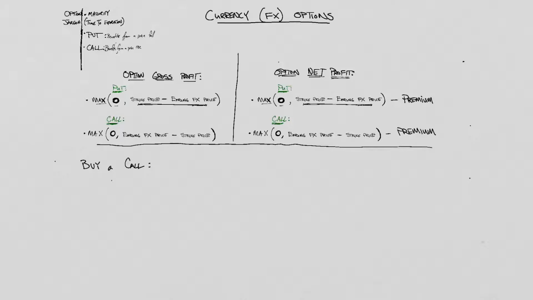Let's say that the strike price for this, that is the price that we are locking in today, but that we expect to go above at some point in the future at the time of expiration of this option, is $1.23 per euro. So given that, let's calculate the gross profit. Supposing that